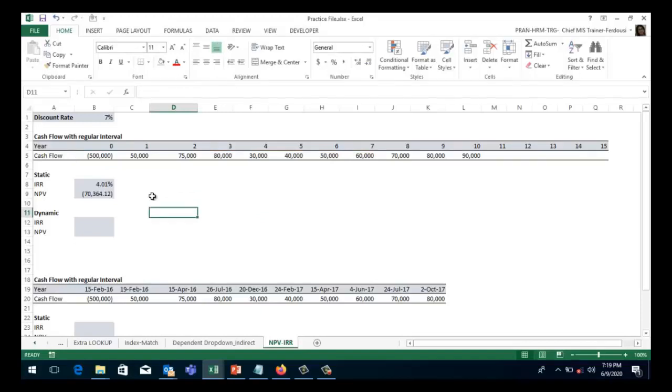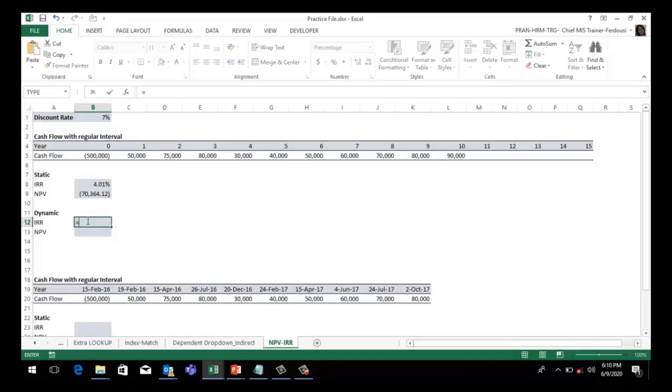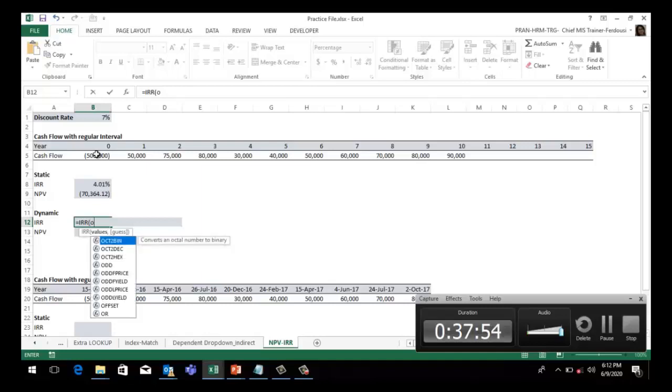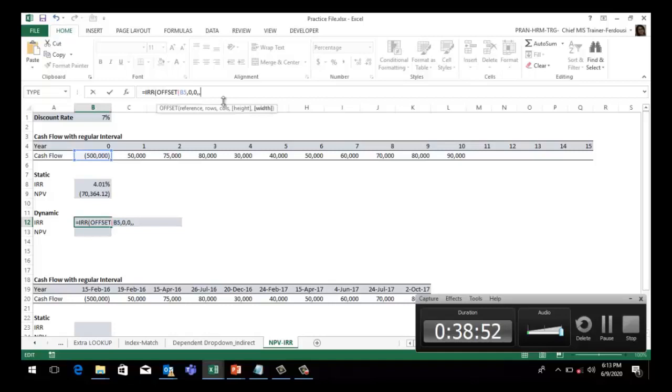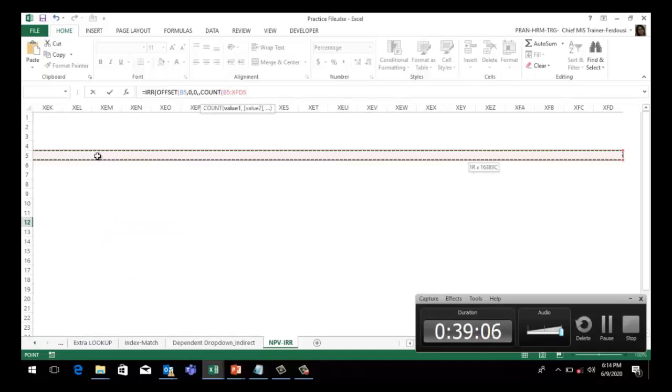Now we will use the OFFSET function in the IRR and NPV functions. Use the equal sign, use IRR, OFFSET, reference this one, row number is 0, column number also 0, height is omitted, then use the COUNT function, start from this cell position to the end of the sheet, then press enter.